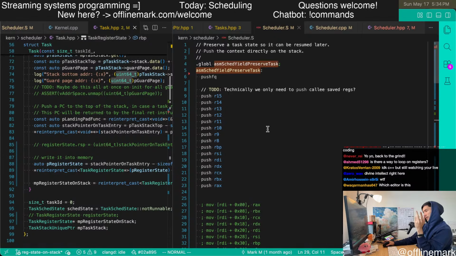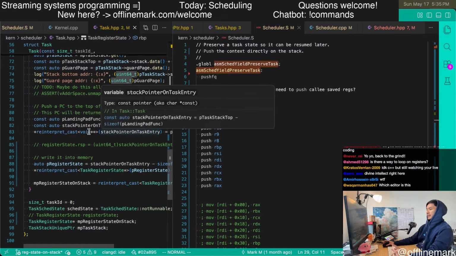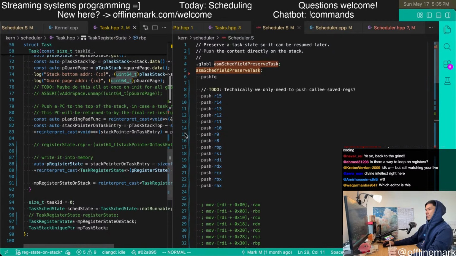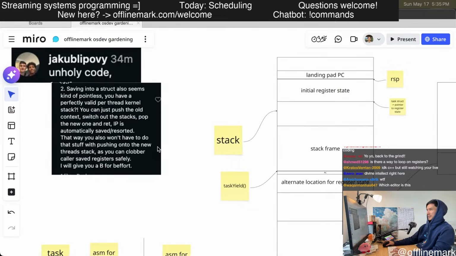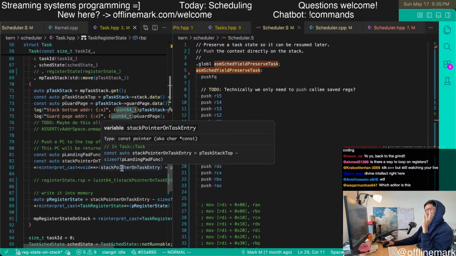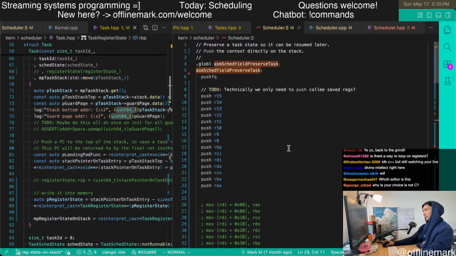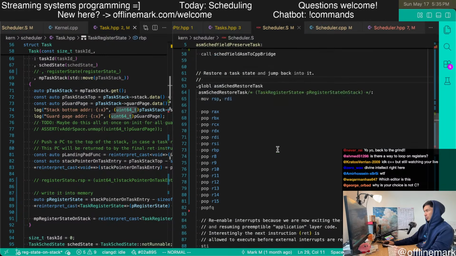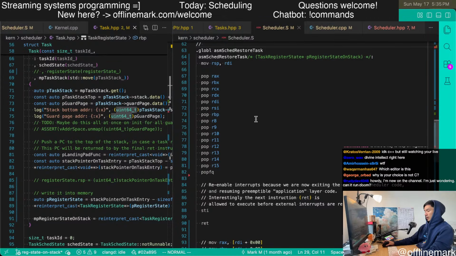So yeah, I guess we'll go with that for now. I think my interesting takeaway here is just the fact that there's a bit of a complexity trade-off. It wasn't as much of a slam dunk as I thought it was. I mean, it wasn't as much of a slam dunk as I think Jakob was thinking, because now we need to do a bit of special stack preparation when we construct a task, which is slightly cumbersome. So anyway, that's exciting. I think this is well on the way to working, and we're pretty close to running a test.